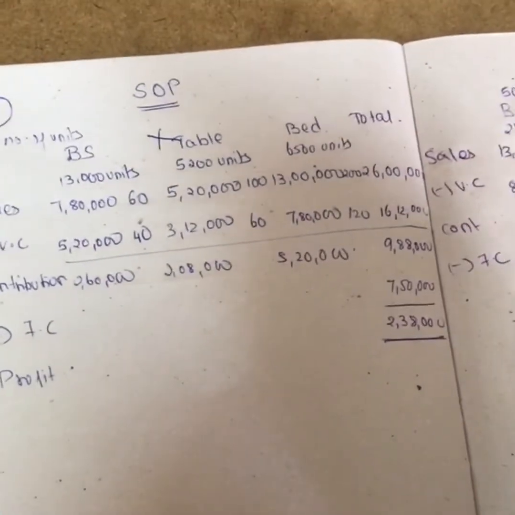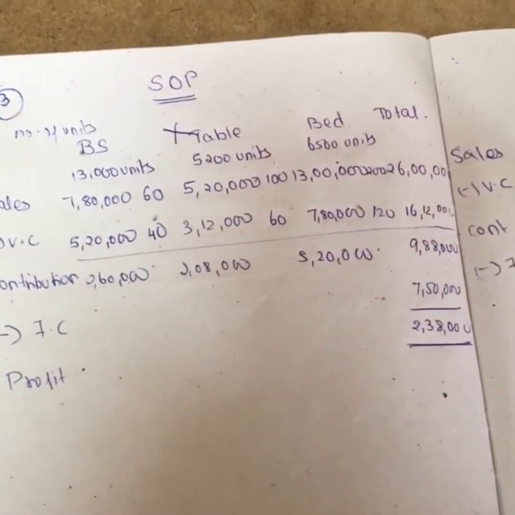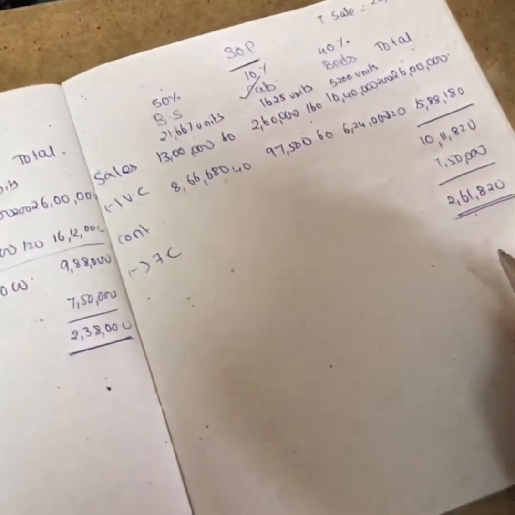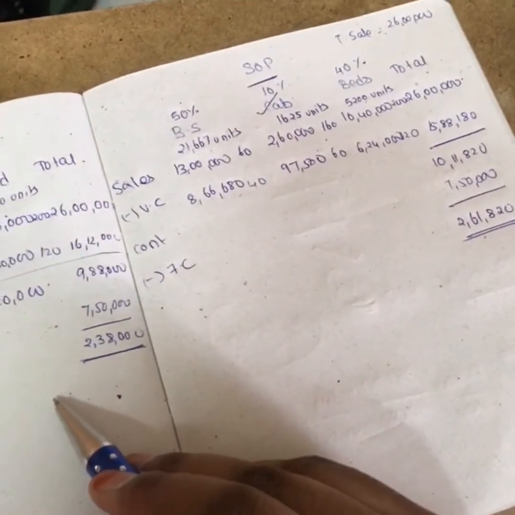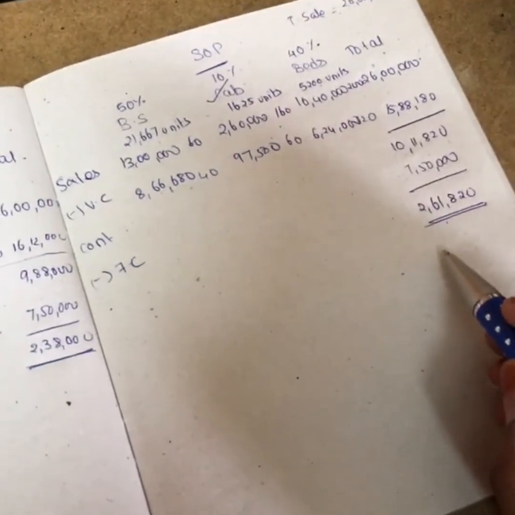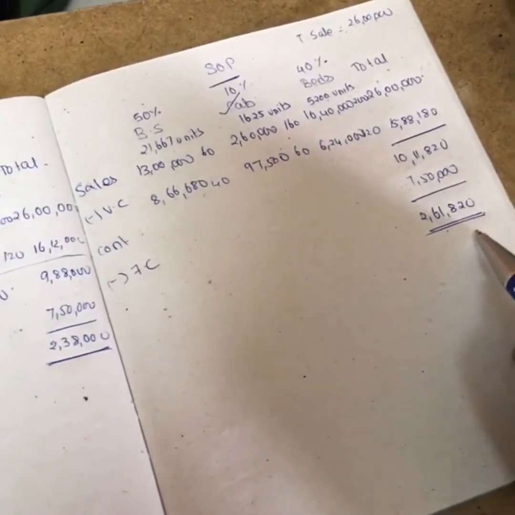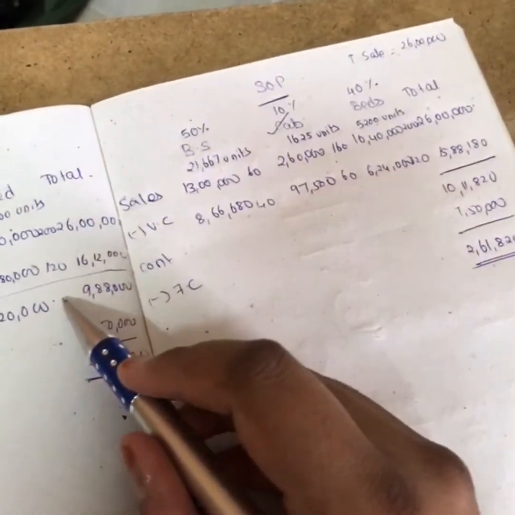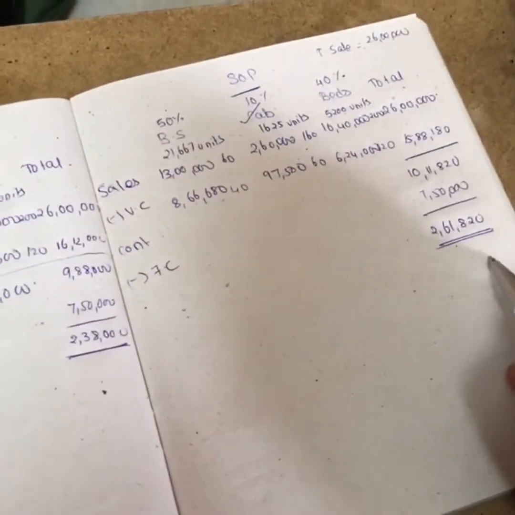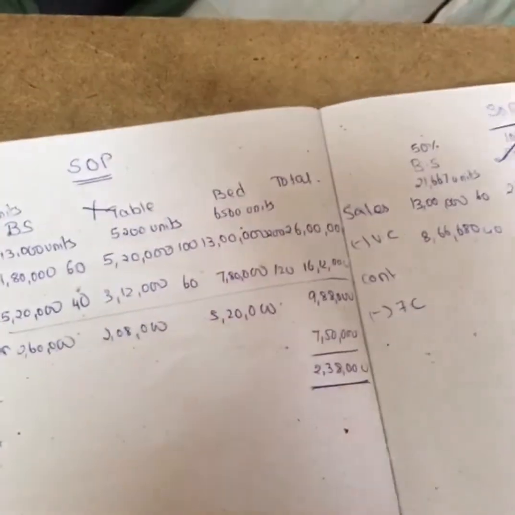So I can say the decision is that you can drop the table. You can drop producing the table, and you can start producing the cabinet because it is giving a higher profit. So it is giving a higher profit of 23,820, which is nothing but 2,61,820 minus 2,38,000, girls. For decision we will always depend on the contribution. Even if we compare the profit also, obviously cabinets is having higher profit, so it's better to manufacture the cabinets than tables. That's it, girls.